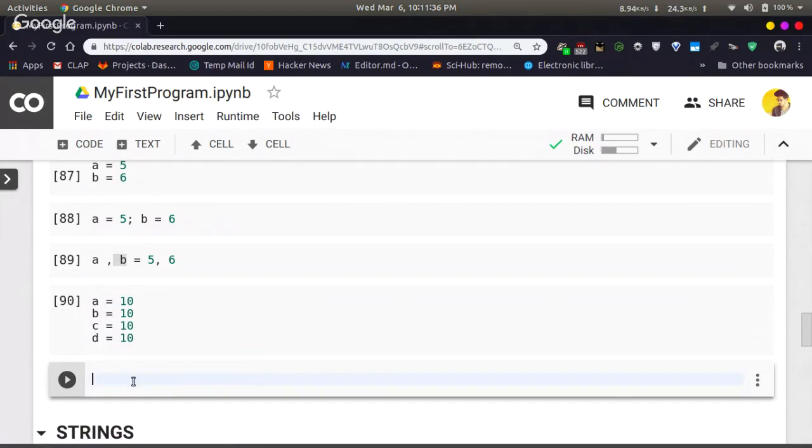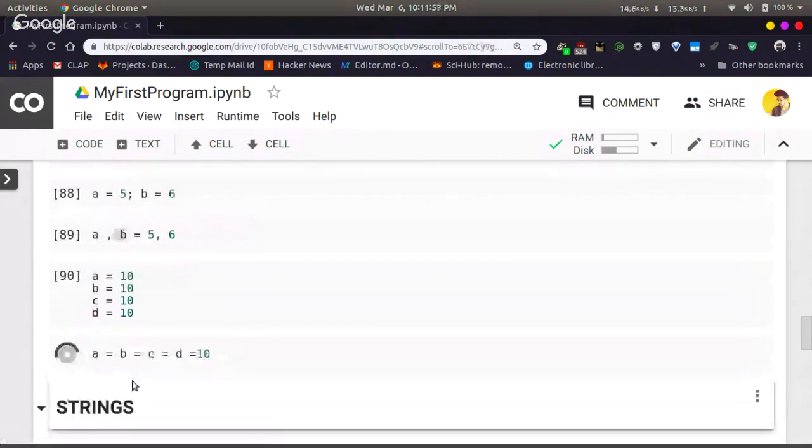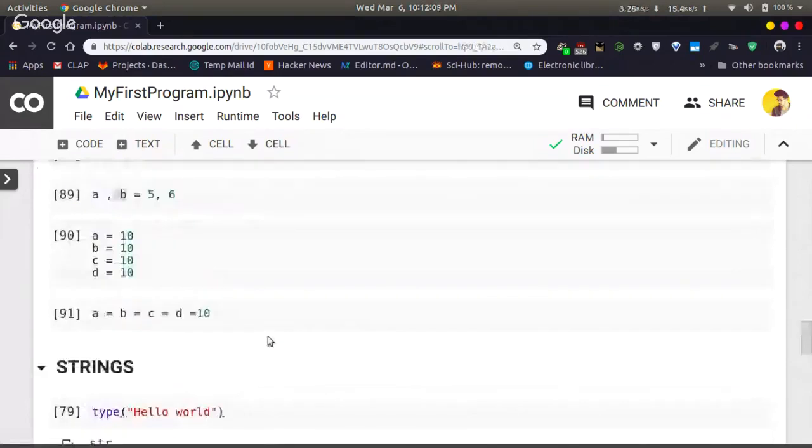So instead of this, Python has provided a feature where you can do A equal to B equal to C equal to D, and you can go on forever and assign them a value 10. See, it will work. It has assigned that value 10 to all these variables. That is something that I left out.